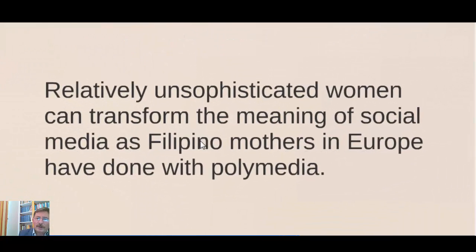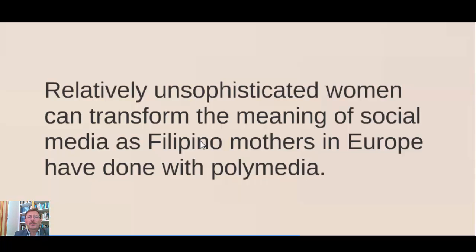By the same token, if you take a look at some of the social networks that are out there, they are created by these gurus of computing, and then they are transformed by simple people. Like Filipino mothers in Europe really transformed the use of polymedia, that is Skype and those kinds of communication means, because they wanted to use that to remain mothers. As they were working far and away from their homes, they wanted to remain relevant and vibrant for their children back in the Philippines. So they used a network that was intended for something different, and then they transformed that. And I can give you multiple examples of that.